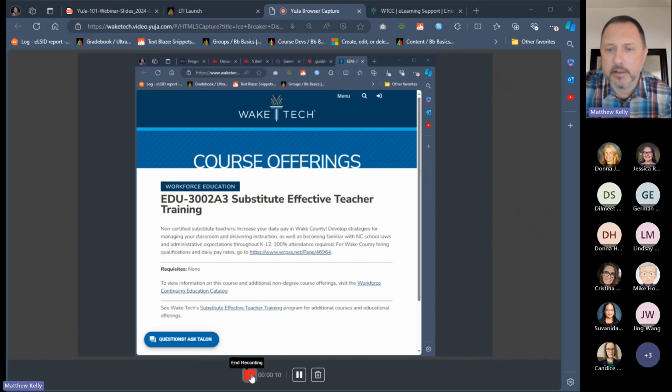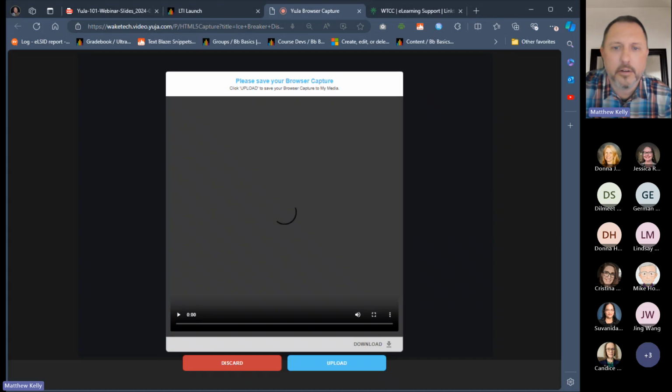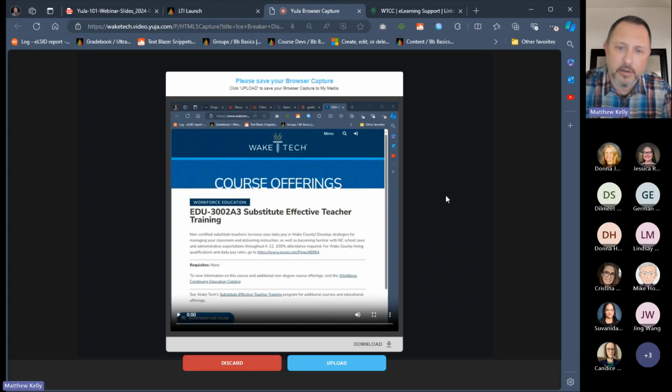And then we'll go ahead and click Stop when that is ready. We'll get a preview window here where we can play the recording. Again, in my case, it just recorded the shared browser screen since the webcam is currently being used by Teams. But in the case of both actually being recorded in there, you'll likely see a split screen showing a video and the shared screen. Keep in mind that YuJa has a very flexible method of integrating the screen share and the webcam video. We'll take a look at that in a minute when we play this through YuJa.